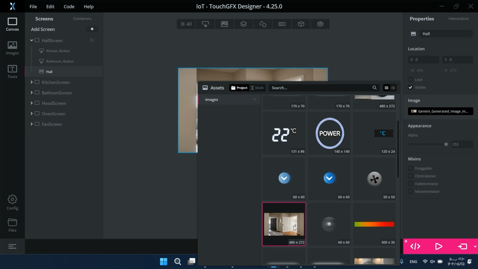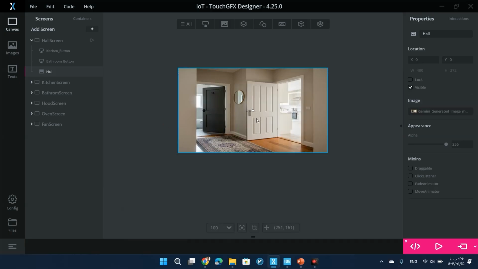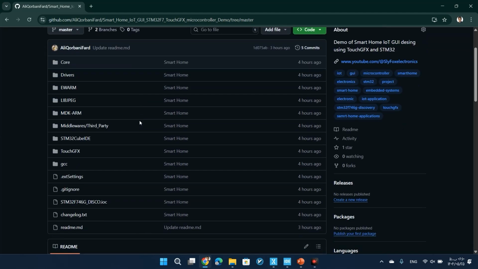which is this image. In fact, this microcontroller must be connected to real cameras, but as long as this is just a GUI demonstration, I've used images for this project. The important thing about this image is that it is 480 by 272 pixels, so it matches the LCD of the STM32F7 Discovery Board. You can access all the images in the TouchGFX folder,